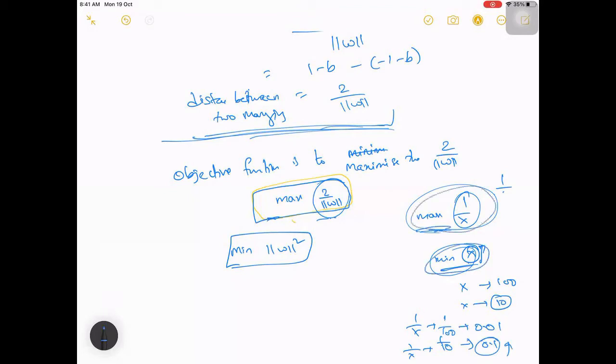So what we do is we minimize this W norm square instead of this, because we've seen these kind of examples mostly, so we can follow the same and apply gradient descent or whatever, it will be the same process. But actually this is 1 by denominator, right? So if you take gradient descent as a derivative, it will be like 1 by x square, so it will get complicated. So instead of having it in a denominator, if you have it in just the numerator like this, this will be much better.